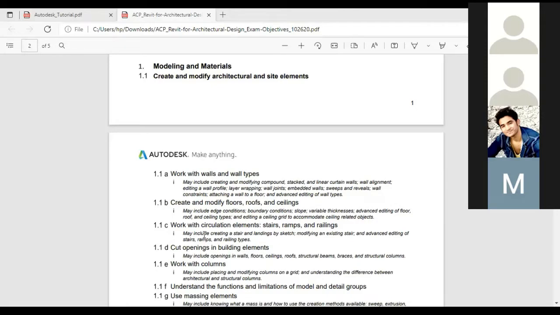Okay. When we are changing the type of the wall, obviously the volume or the area, all things also will get changed, right? So the final question will be like this, which is what is the area or what is the volume of this wall? Only if we are doing the correct things, that means changing the wall to the particular thickness that they mentioned, we will be getting the correct value. So you can enter the answer there.